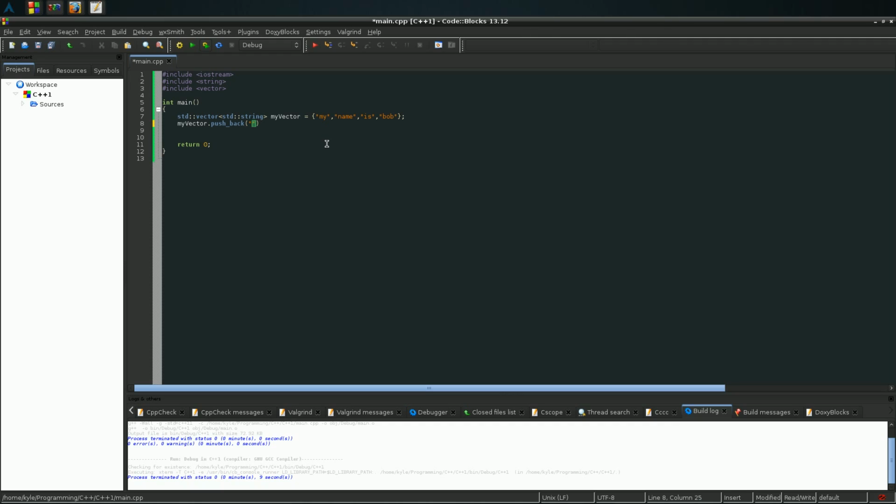So in this case, we're going to give Bob his last name of Jones, and what that will actually do is create another element and place that value inside of it. And to prove that that has actually occurred, we will do the same thing we did at the start, and we will print out on the screen